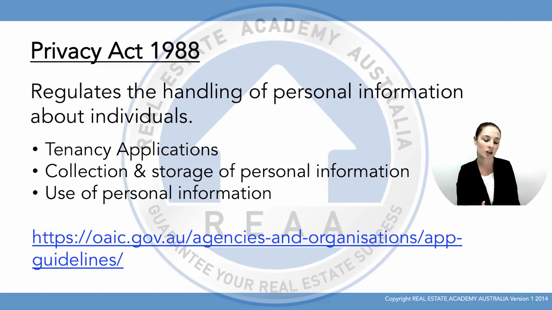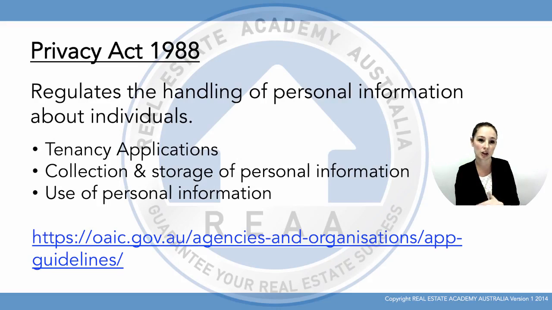So the information that you collect shouldn't be made available for anybody to see that comes to that open for inspection. Best practice is to have a privacy statement up somewhere at your open homes, which tells them why you're collecting the information, and that is to ensure the security of the home and the possessions in the home for the people living there, and also to enable us to contact that person after to gather feedback for the owner. That's why we collect the information. What we're going to do with it is contact you after to get feedback for the owner,